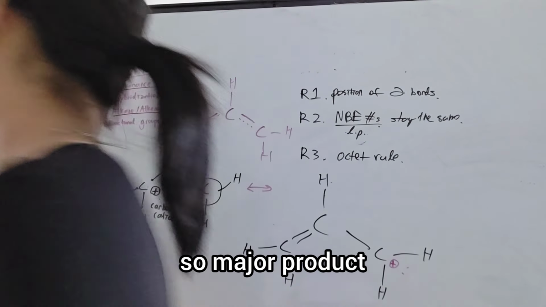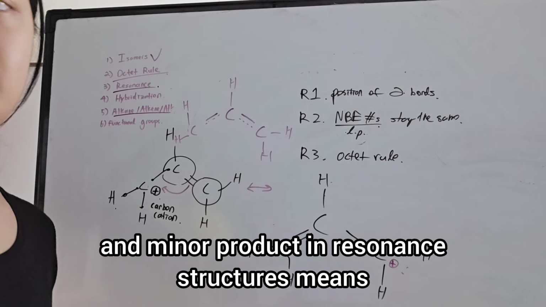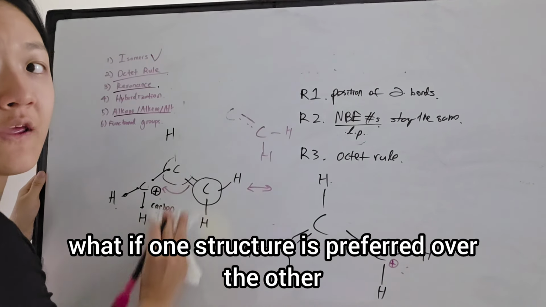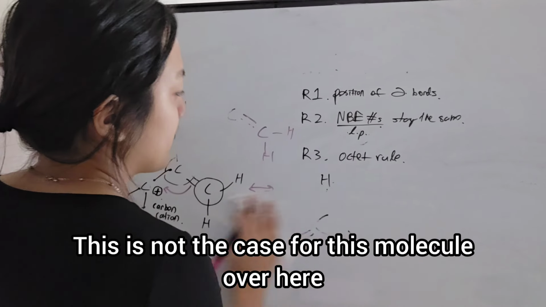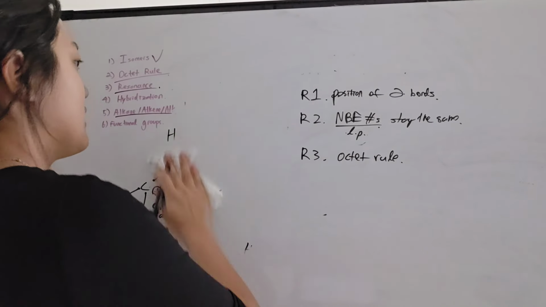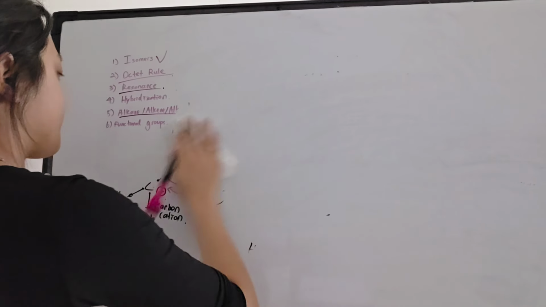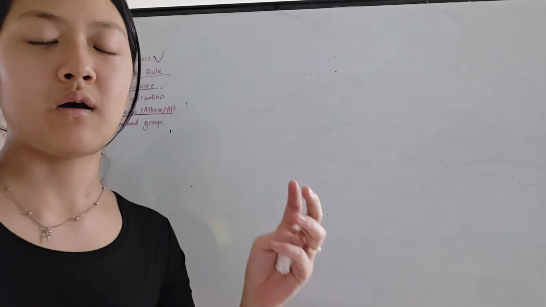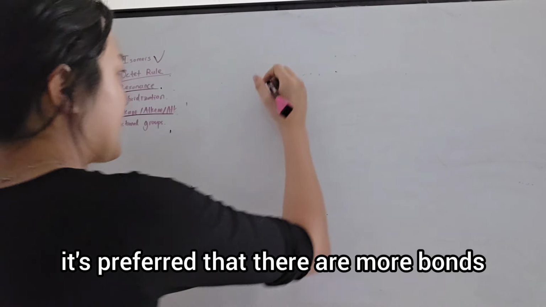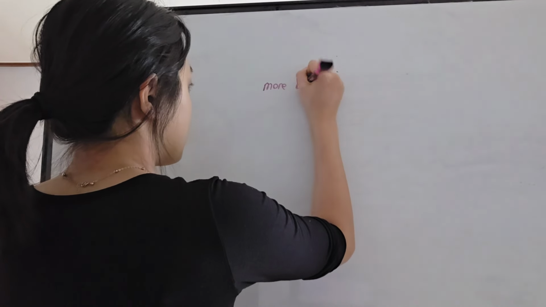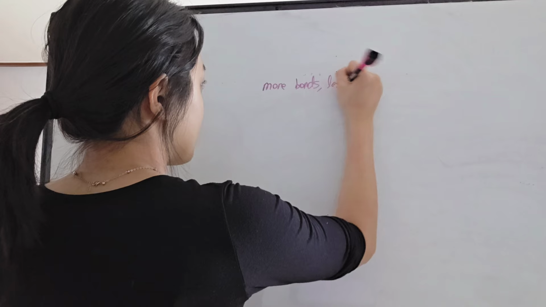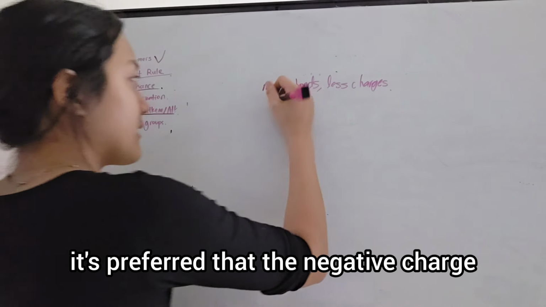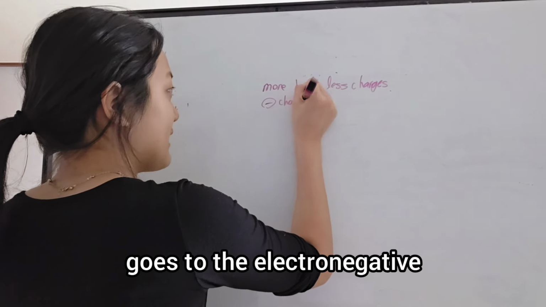Okay, so major product and minor product in resonance structures means what if one structure is preferred over the other? This is not the case for this molecule over here, but there are certain situations where that does happen. And it happens when it's preferred that there are more bonds and less charges. More bonds, less charges. And when there are charges, it's preferred that the negative charge goes to the electronegative